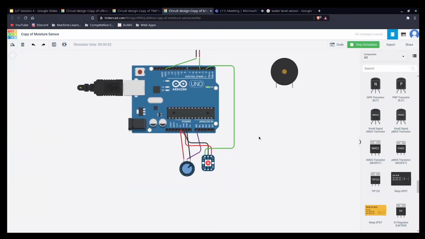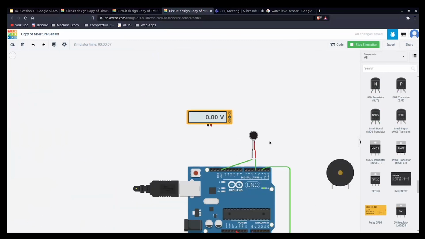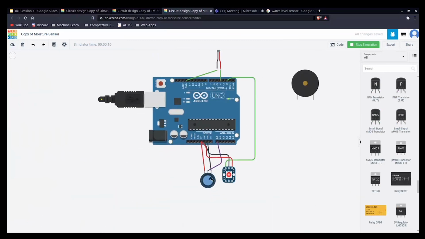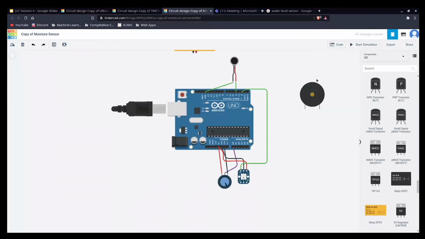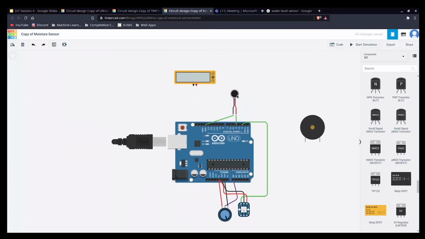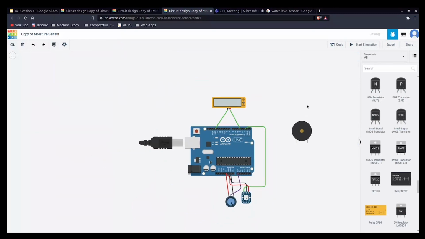Okay, so right now, as you can see, the vibrator is not moving or vibrating, and now I give the value. Okay, I guess I have mismatched some of these connections. Alright, so we just disconnect this. We'll take the positive to pin 4 and negative to pin ground. Okay, and then we'll start the simulation.